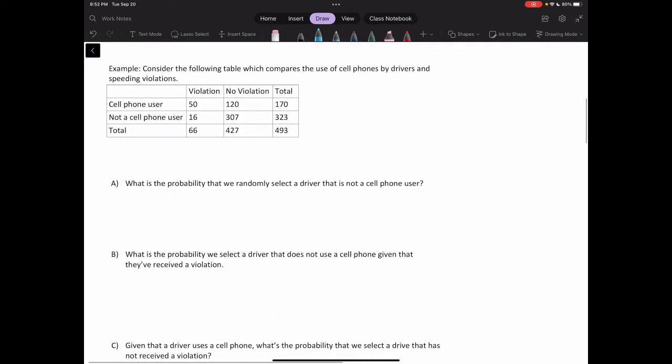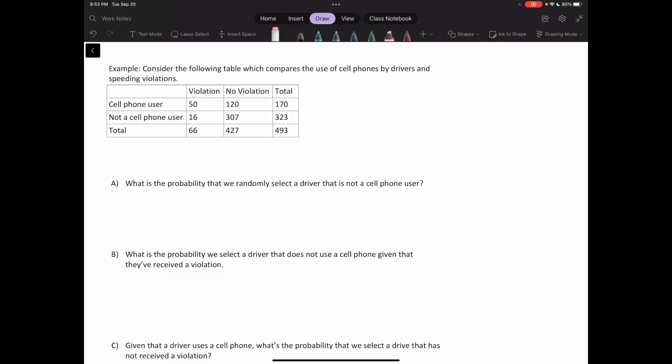All right, so here we go. For example, consider the following table, which compares the use of cell phones by drivers and whether or not they received a speeding violation. This is what we call a contingency table, or sometimes you'll hear it referred to as a two-way table. Just really quickly, I want to make sure we're able to read this table. Let's say I want to know how many cell phone users received a speeding violation. Well, I would go to the cell phone user row, and I go to the violation column. I see that 50 people